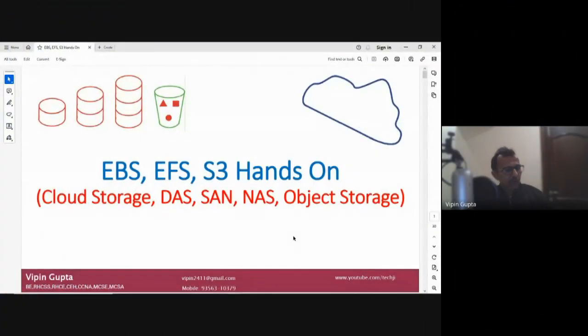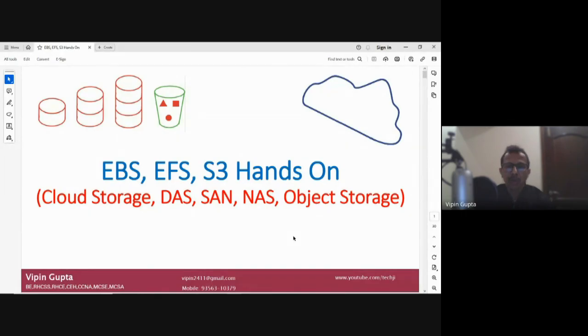This session, we are going to cover one very important topic regarding cloud storage. When we talk about cloud storage, a lot of types of storage are available. So we are going to discuss them one by one, and we will try to give a demo of at least two of these storages. First we will look at what types of storage are available for your local use if you have to implement certain servers,